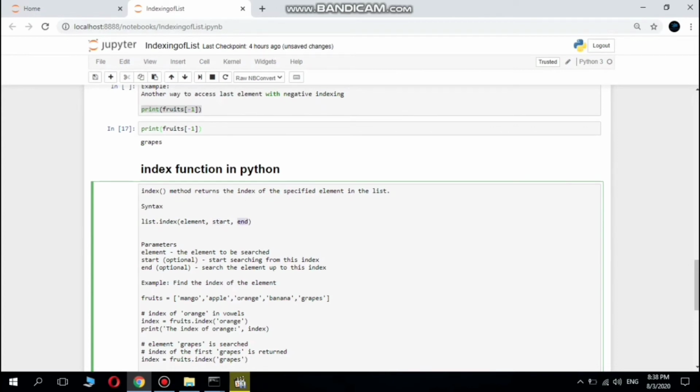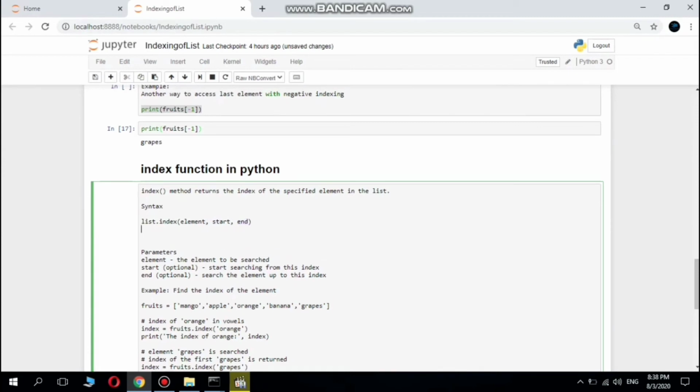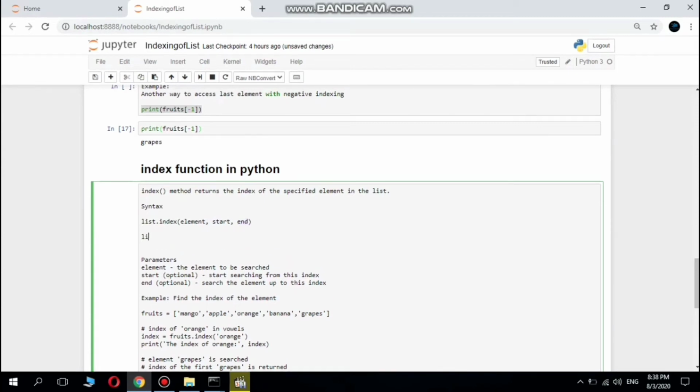Start and end come in handy, for example, if we have a sorted list, say 1 to 5. I'm just giving a scenario; it might not be the case. Suppose we are searching for 4, and we are not sure what the index number is, or whether it is present in this list.